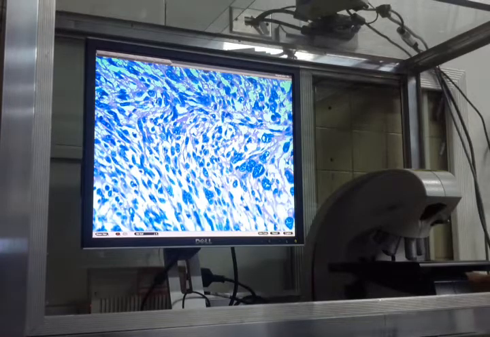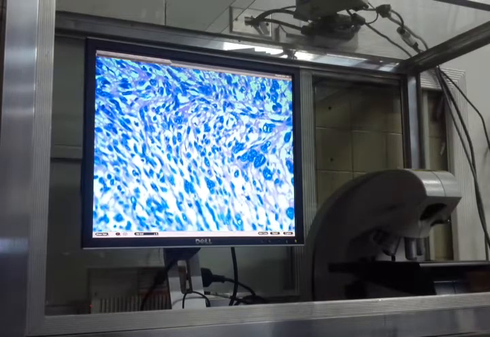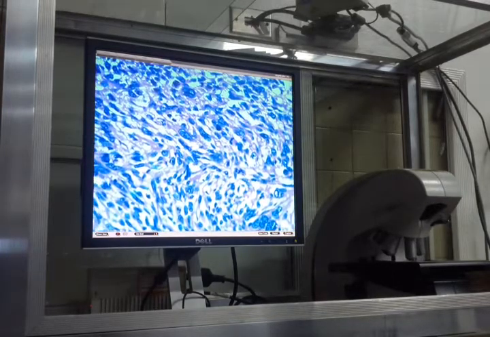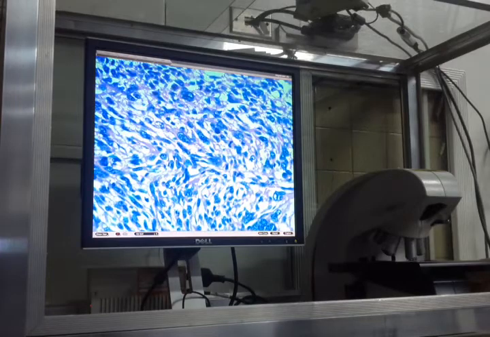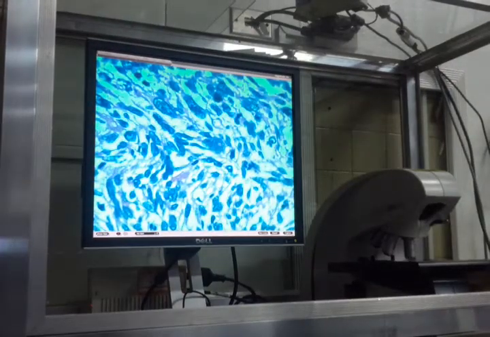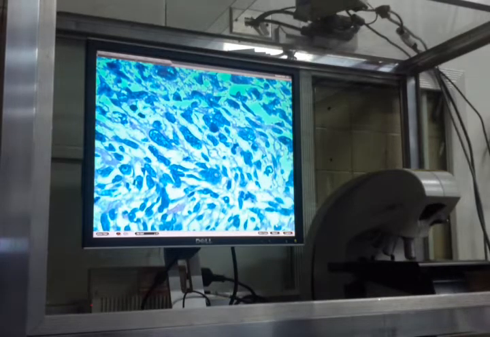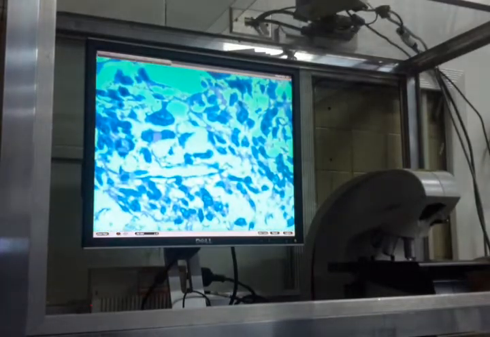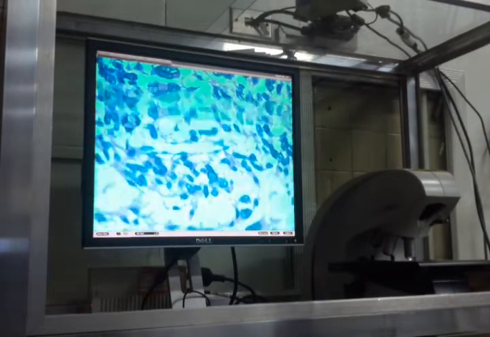What is this? What is that? What is this? That's the metaphase. And how about this one? Oh, metaphase. Ito. Oh, isang high power field, tatlong agad ang mitosis mo. Do you have nuclear pleomorphism, hyperchromaticity, increased nucleocytoplasmic ratio? You have